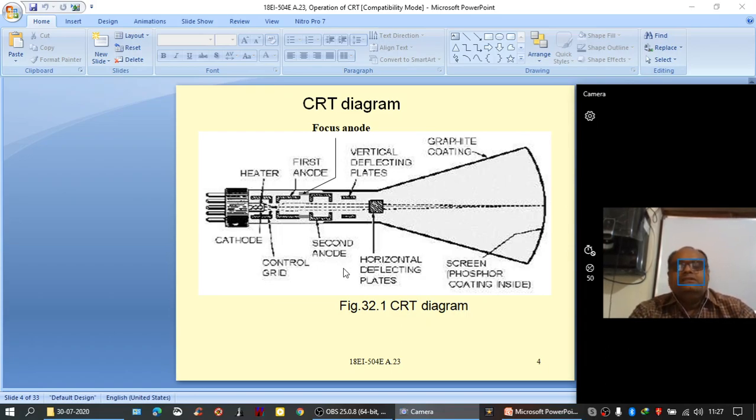As a result, the electron beam starts deflecting in the vertical plane. How does it deflect? Depending upon the relative polarities of these two plates and the amount of voltage difference or potential difference. Suppose the amplified input signal is in its positive half cycle, then during the first quarter of the positive half cycle,